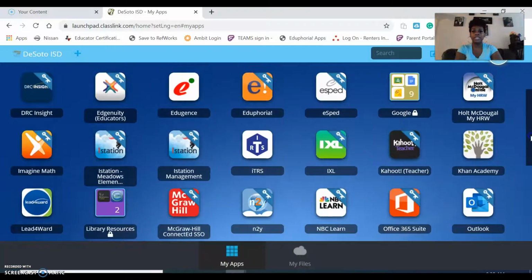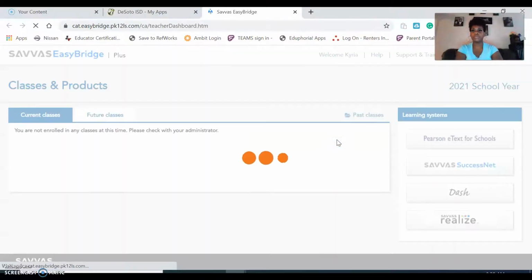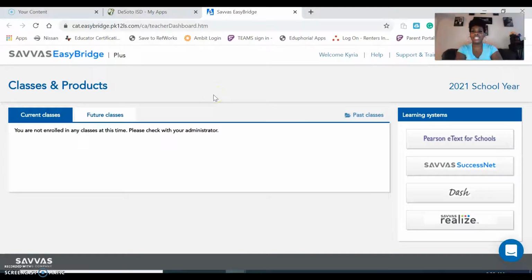Once you are signed into ClassLink, scroll down to Savvas Easy Bridge. Just a quick note, all of the icons in ClassLink are in alphabetical order. Once you click on Savvas Easy Bridge, you will need to click on Savvas Realize, which is the last button on the right-hand